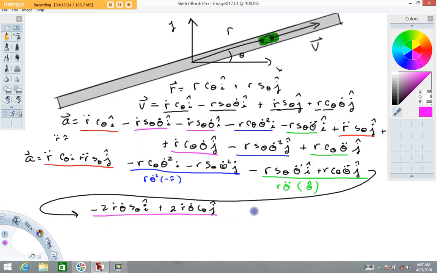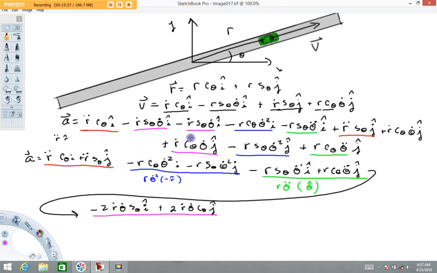That right there is the Coriolis acceleration, right? So the Coriolis acceleration is coming from these four terms right here, mathematically, when we add them together. Now, let's talk unit vectors. This term here can be written 2 r dot theta dot, and then minus sine theta i plus cosine theta j is again giving that theta hat direction,